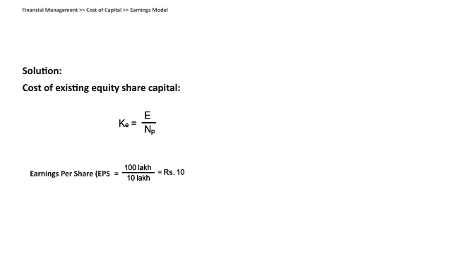How do you find cost of equity under the earnings model in case of an existing share? Earnings divided by market price. Earnings per share we got as 10. The price of a share is 100 rupees. So 10 divided by 100 into 100, how much will you get as cost of equity under the first method? 10%. Very simple. Returns are always in percentage. Whatever answer you get, multiply by 100 at the end. And that is how you find cost of equity under the first method.